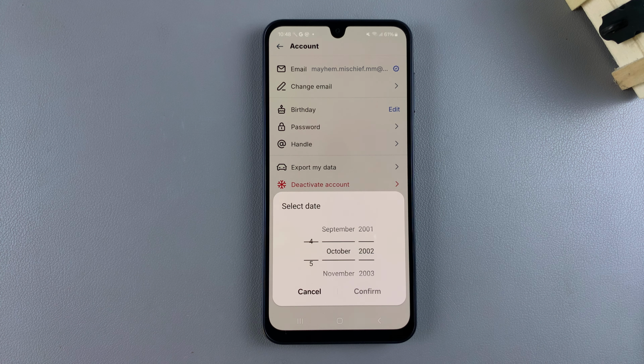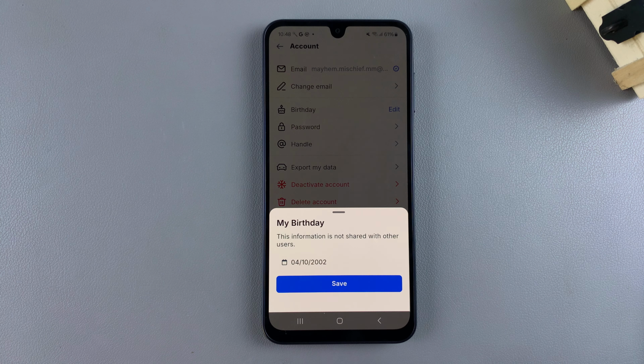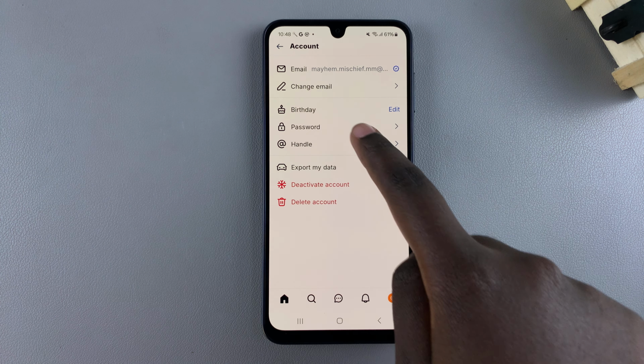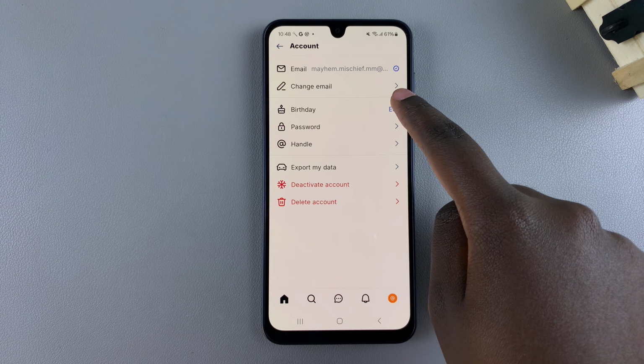And then once you finish with your customizations, you want to tap on confirm. And then you want to tap on save to apply the changes. Once the changes have been applied, you should now be able to tell whenever you tap on your birthday that